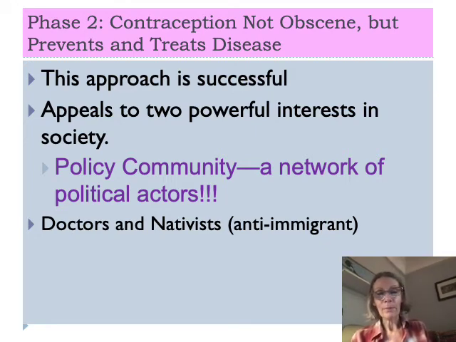Nativists too. Margaret Sanger appealed to nativists, saying, look, we know that immigrants are here, but we know you don't want them to reproduce because you want to keep America white. And so therefore, work with me to make it easier to get birth control pills, and therefore you can satisfy your demands and desires to prevent immigrants from reproducing. And they were like, giddy up, we'll help you with that.